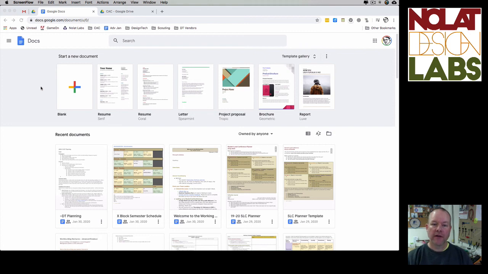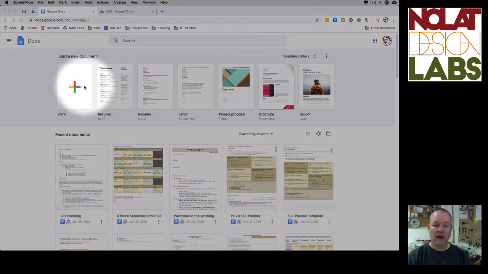You probably already used the Docs view of Google's files in order to get to your documents, or maybe spreadsheets or presentations. And there's just a couple of things here that I'd like to mention that can help make this a little bit easier. One thing is that if you don't use this template gallery here at the top, you can turn that off by clicking on the triple dot